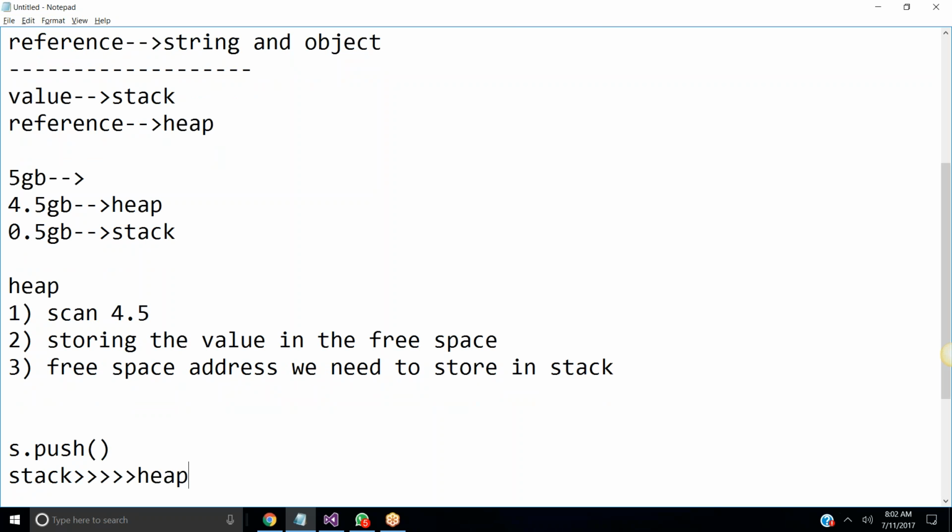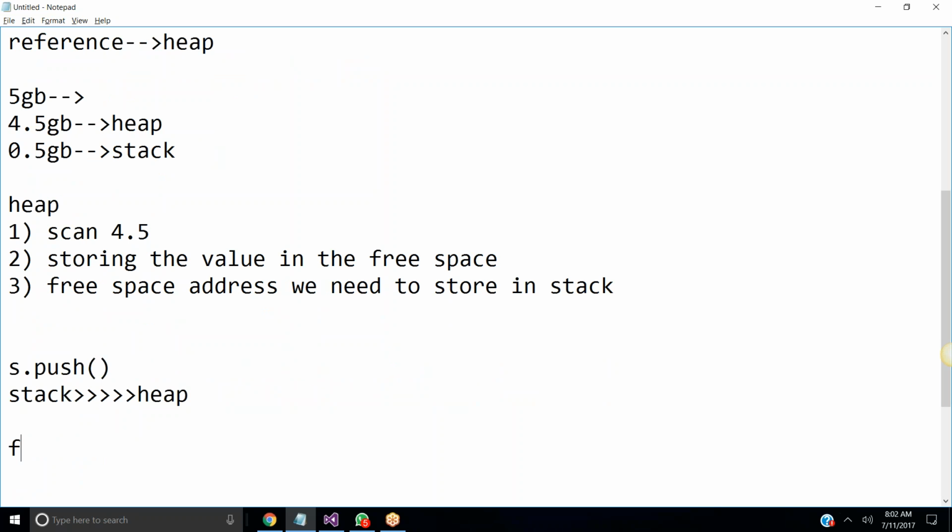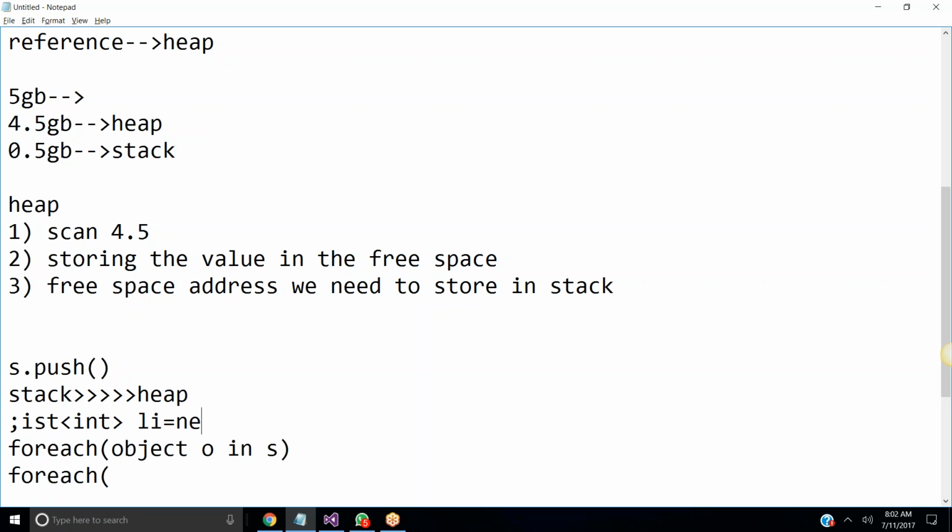Okay. So yesterday also we have discussed, right, whenever we are using the foreach loop, the foreach loop uses object O in the stack. Along with that, whenever we are discussing the foreach loop of list of integer li is equal to, yesterday also we have discussed this syntax, right? List integer li is equal to new list integer, right? So here, when you know the data type, just take the data type, that is here integer i in the collection name. The collection name is li. The list collection name is li here. So just to make it easy, you take this as li.